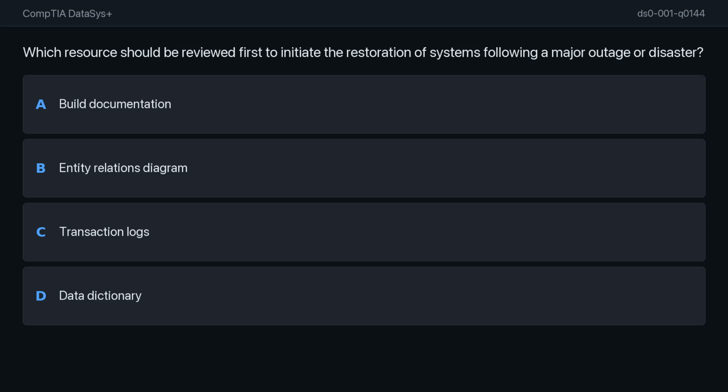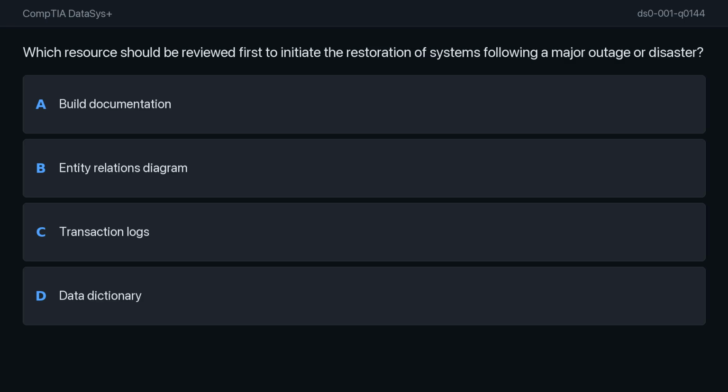Which resource should be reviewed first to initiate the restoration of systems following a major outage or disaster? The options are A. Build documentation, B. Entity relations diagram, C. Transaction logs, and D. Data dictionary. This question asks us to identify the most foundational resource needed when recovering an entire infrastructure after a